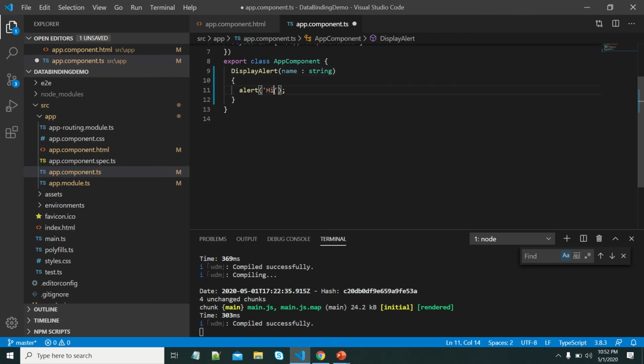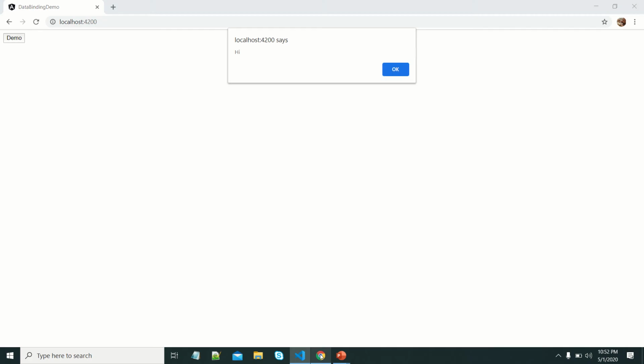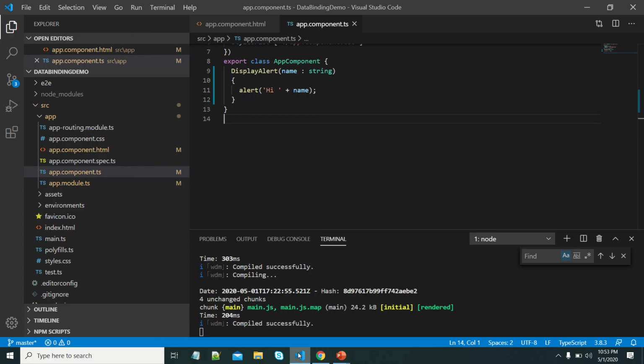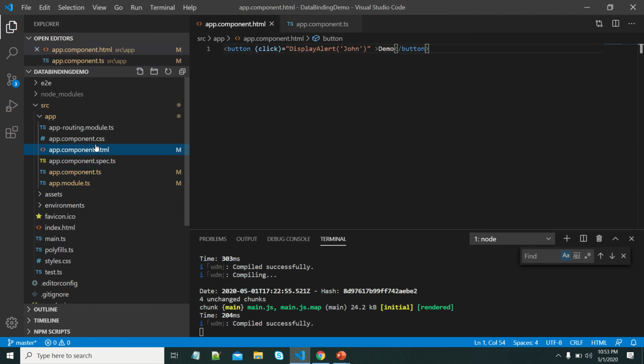Let me add that to the alert. Let us see the output. Yeah, we can see that the text John is displayed in the alert. This is the way we can pass the data from the template to the component class.